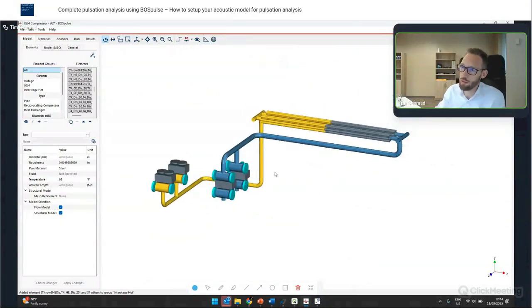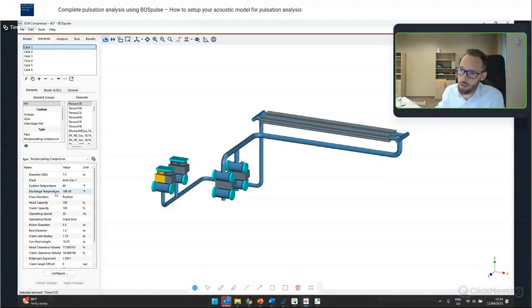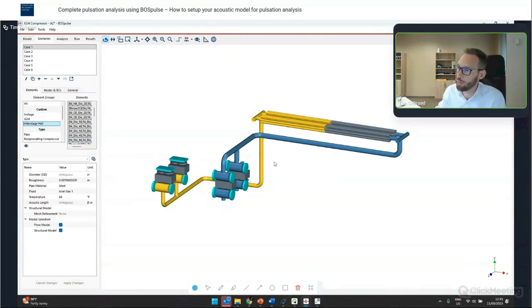Now we could possibly do the same for the cold side of the interstage piping. So now if I go back to the compressor cylinder over here, we want to assign this discharge temperature to all of that interstage hot piping. By double clicking here on that group, all the elements are selected together and I can specify the temperature for that part. Again, I could do the same for all of these operating cases, but there's a bit more convenient way to do that,